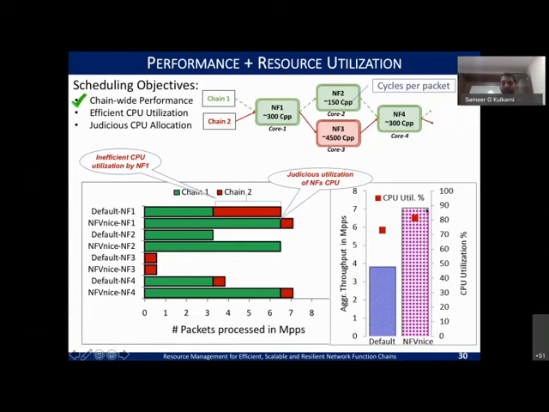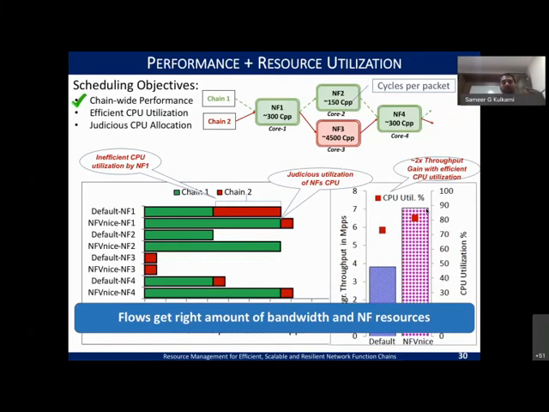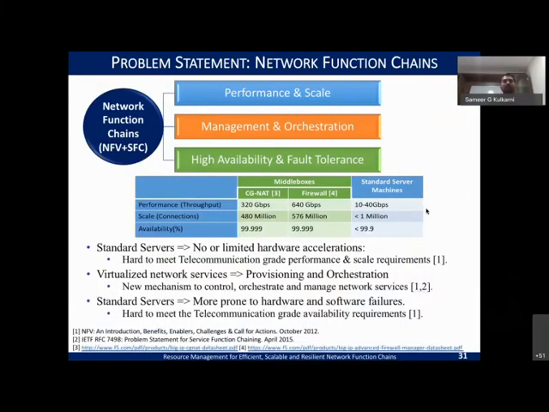So this is the performance improvement that you gain with NFV nice, whether it is allocation on a single core or on multiple cores, right? So overall, we can achieve chain-wide performance and ensure that the flows get the right amount of bandwidth and enough resources, right? So that's one segment of what I wanted to cover today